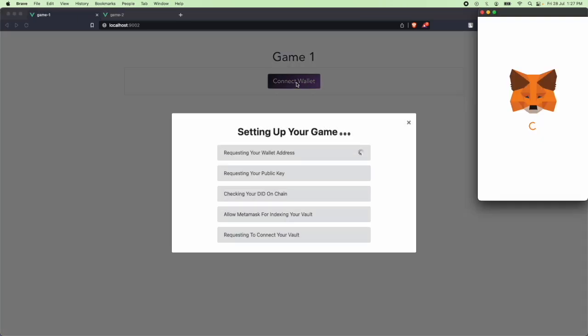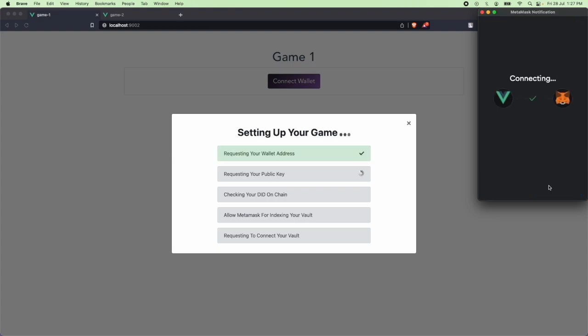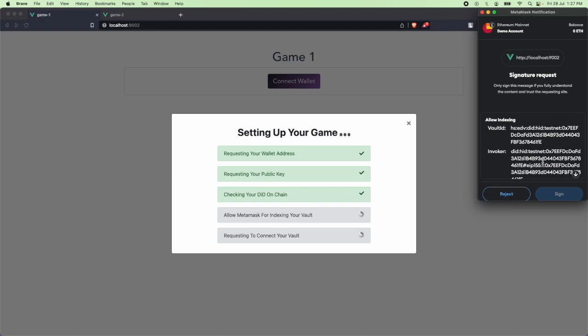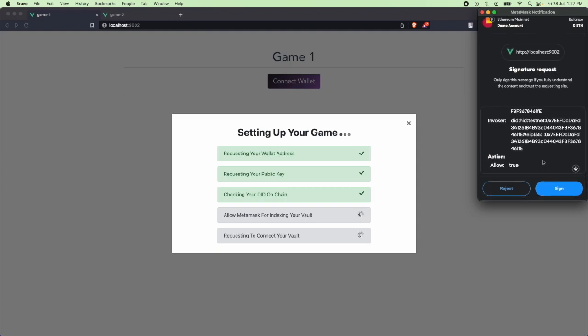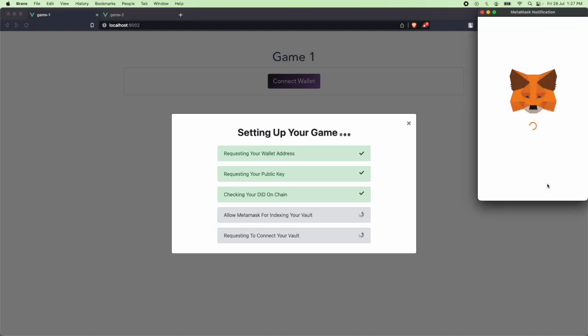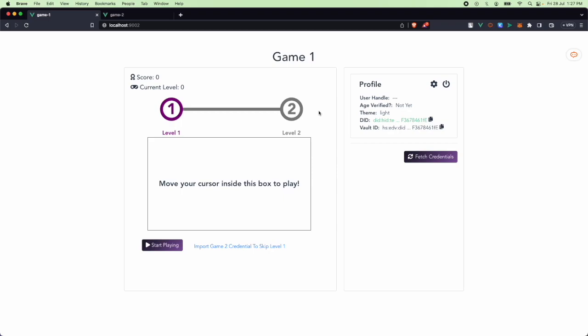So here I'm trying to connect my wallet. I'm providing access to my wallet address and my public keys, and then I'm going to create my DIDs. So basically I'm using Hypersign decentralized identifier to manage my ID and Hypersign encrypted data vault to keep all my private data safe. So let's give some of the access here to set up my account. So yeah, I was able to log into game 1,